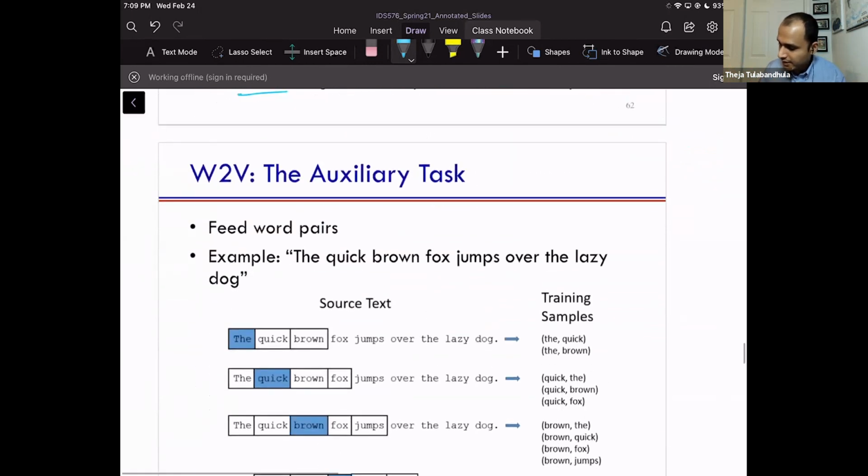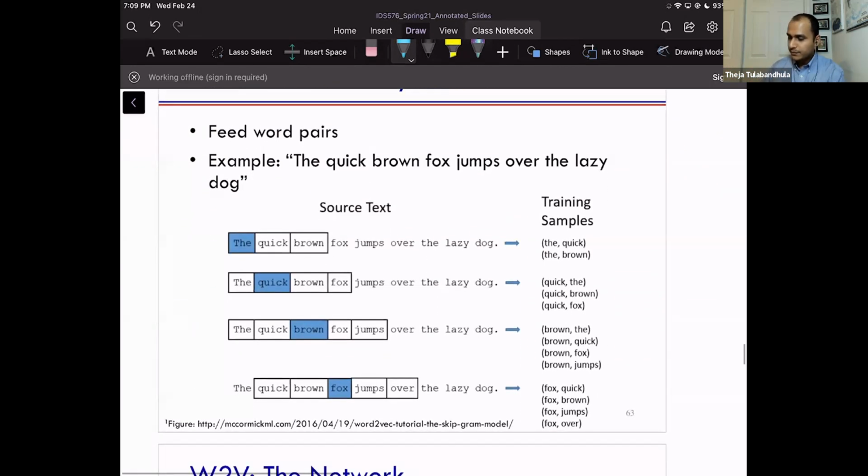So let's look at this example a little more clearly. Let's say one sentence in our corpus is: The quick brown fox jumps over the lazy dog. What we'll do now is create training data, input and output. Let's focus on the word "the". What are some nearby words to the word "the"? Since it's the beginning of the sentence, there are no words to the left, but there are a couple of words to the right. With window size 2, my training data will be (the, quick) and (the, brown). So I got 2 examples.